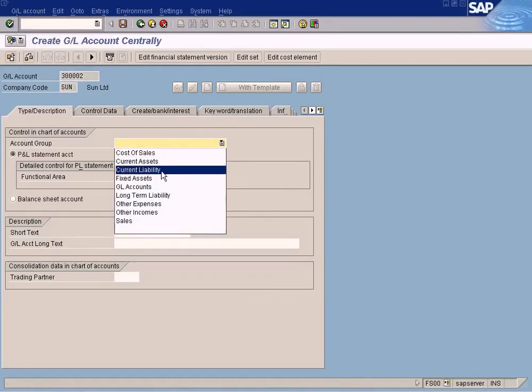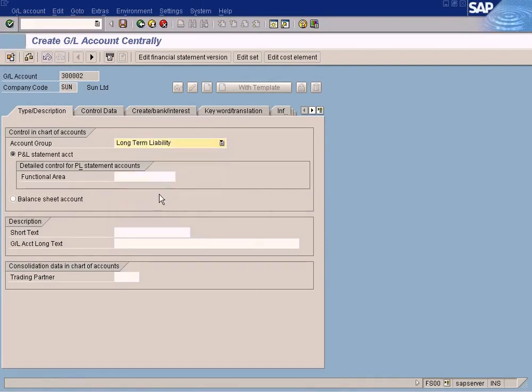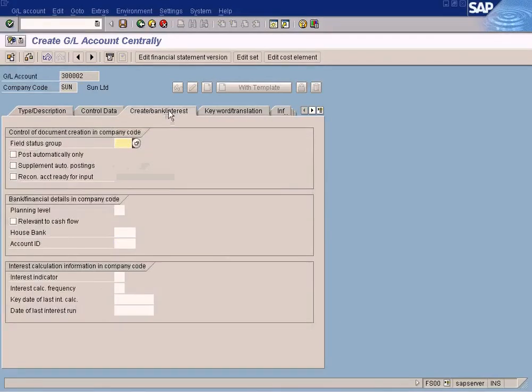Create it. Long-term liability and balance sheet account, and create branch clearing account. Branch clearing account